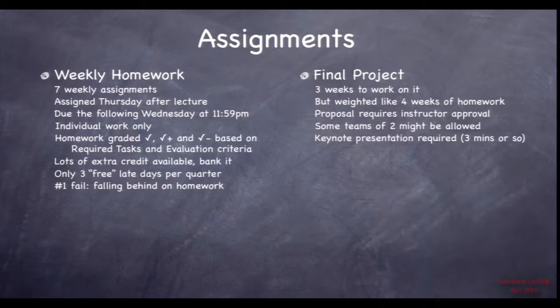And then there's a final project. So the first 7 weeks are these 1-week homework assignments, and then the last 3 weeks you'll be working on a final project, okay? I will accept some teams of 2 here, but I prefer not to. First of all, 6 weeks of work is what the scope would have to be. That's a big project, okay? In iOS, you can build a big app in 6 weeks of homework time. So I don't necessarily want to bring such a monster to the table here. Also, it's very difficult if there's 2 of you for me to